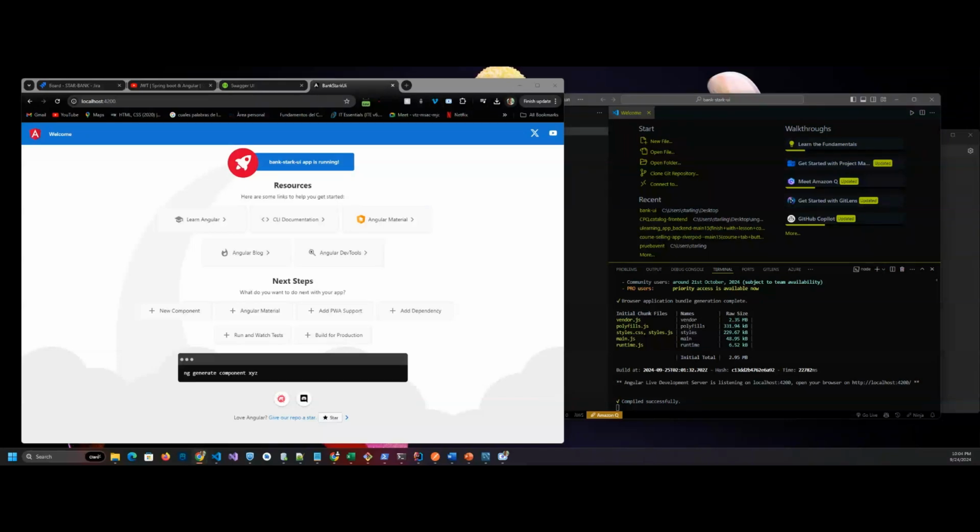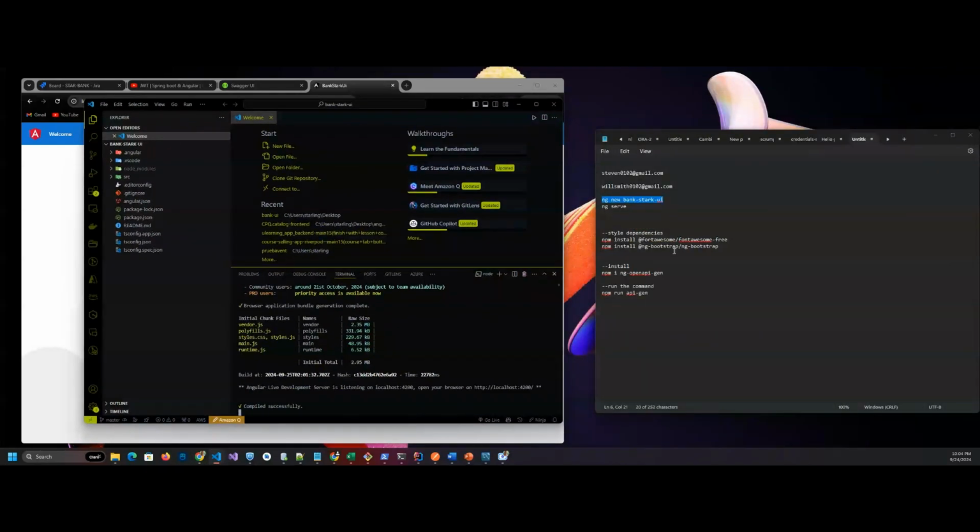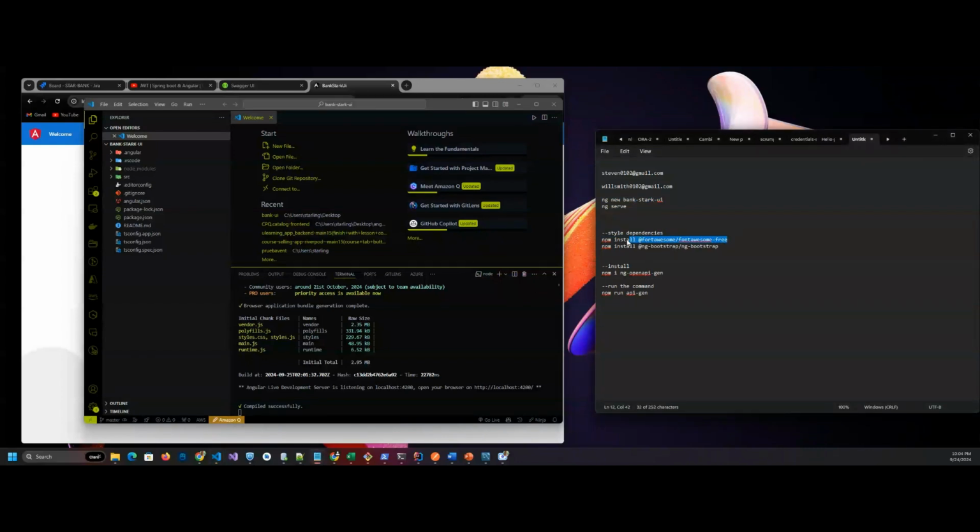So, we have different links here. If you see, one Star UI app is running, and we can use Angular Material, or another style framework like Amazon or Bootstrap. This is optional, but in this case we are going to use Font Awesome, and of course we are going to use NG Bootstrap for this application